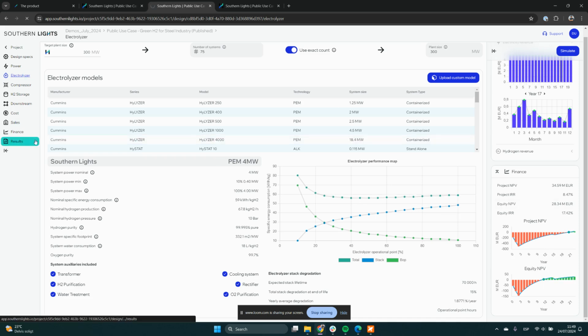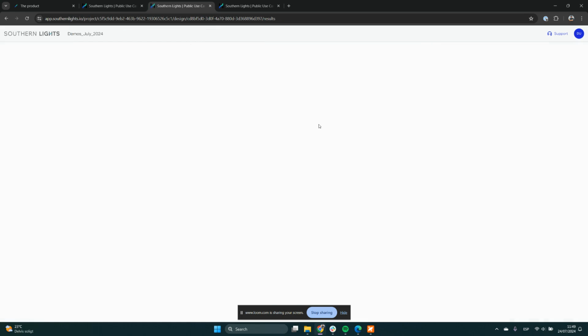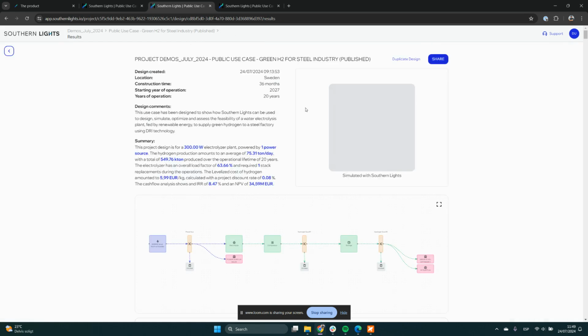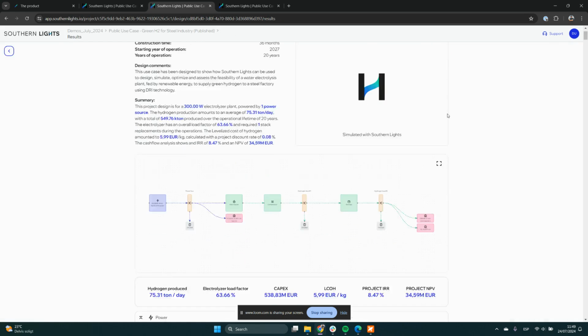So you can generate an automatized report for this and share it with whoever you want to share. And of course,